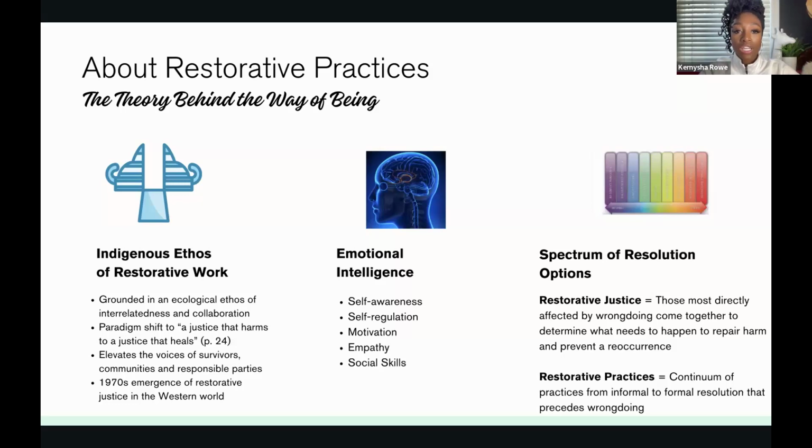And so when we introduce or apply this work in the Western world, or very newly in higher education, it's not something that we just discovered. It's very important to pay homage to the roots of where this comes from. And so when we talk about restorative practices, what we are essentially talking about is this ecological ethos of interrelatedness and collaboration,